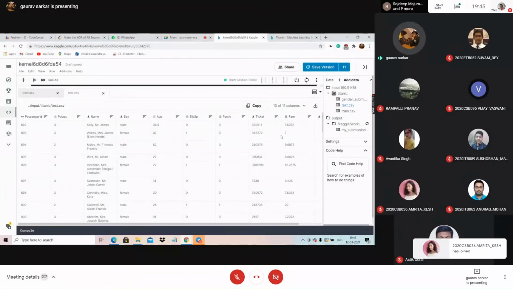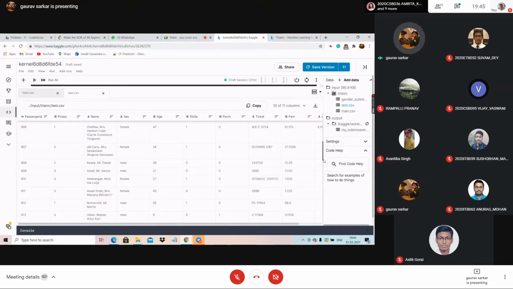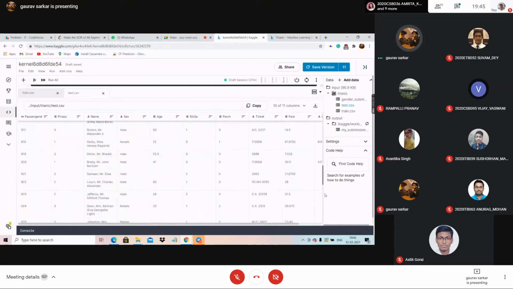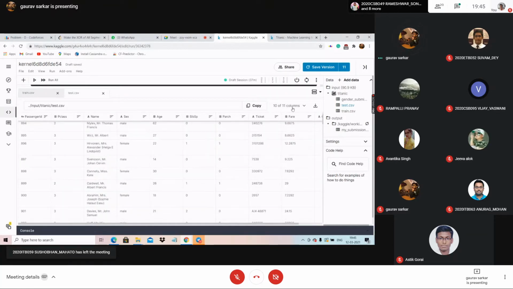That is how Kaggle hosts its challenges. They provide a trained dataset and a test dataset. From the trained dataset, you are training your model, and from the test dataset, you are getting an output, and that output is compared with their solution, and based on that, your solution will be graded. Fine.